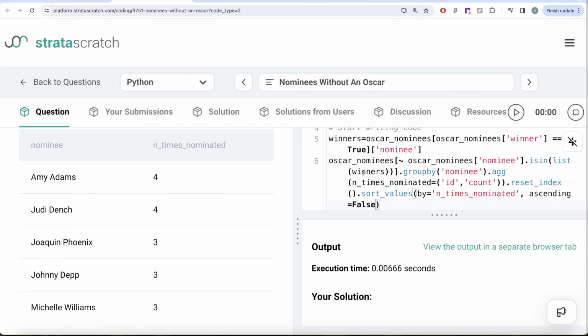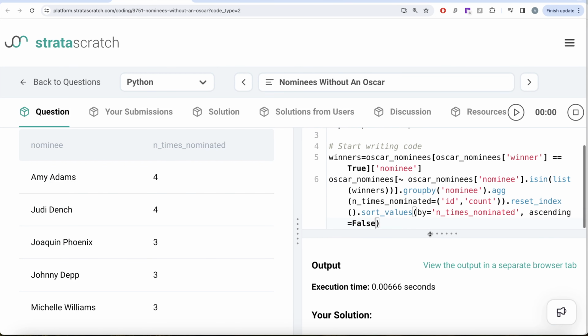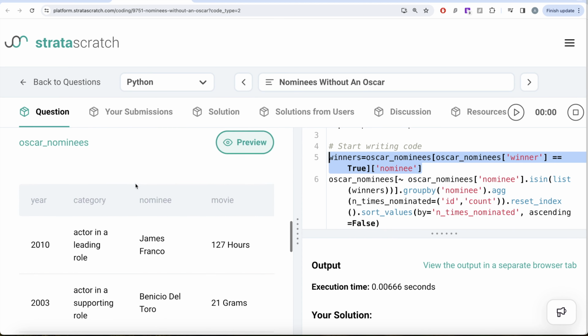So yes, it is a somewhat tricky question and might initially sound counterintuitive, but what we basically did was, firstly we found out who all have won the Oscar at least once. Then, from this data frame Oscar nominees, we removed all those people who won the Oscar once. So what does that mean? Now you are left with only those people who were nominated but never won.